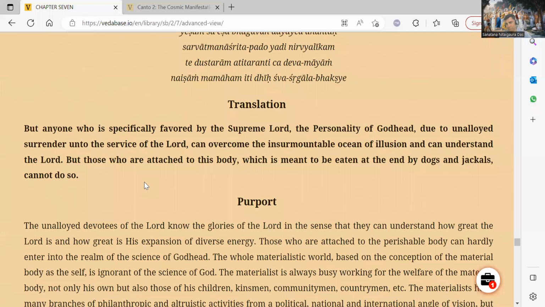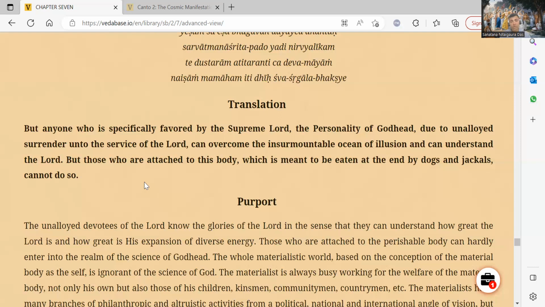So humanly not possible for us to understand, but come out of the human realm. What is it? But anyone who is specifically favored by the Supreme Lord, the personality of Godhead, due to unalloyed surrender unto the service of the Lord, can overcome the insurmountable ocean of illusion and can understand the Lord. But those who are attracted to this body, which is meant to be eaten at the end by dogs and jackals, cannot. I repeatedly mentioned humanly not possible, but once you surrender to the Lord, Sarva Dharman Parityajya,